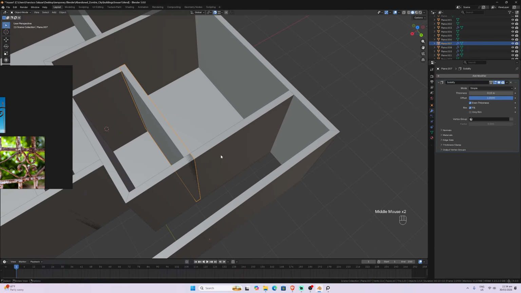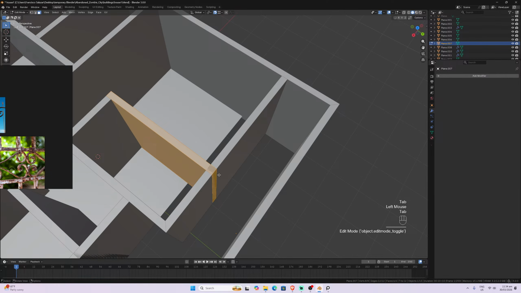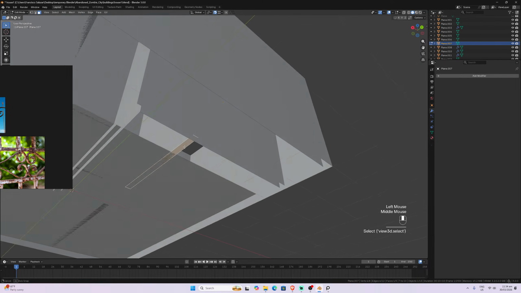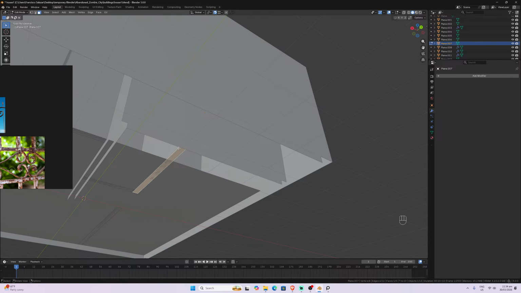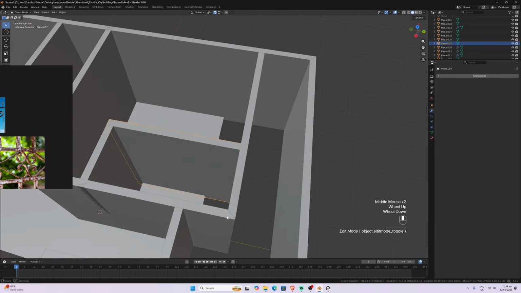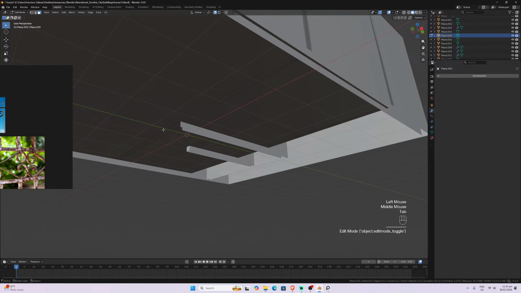Okay, we have that already. If we need to move these walls down too, or maybe we should do it. Yes, let's do it. Let's move down all the walls. There's no need for the inside walls, but let's just do it.